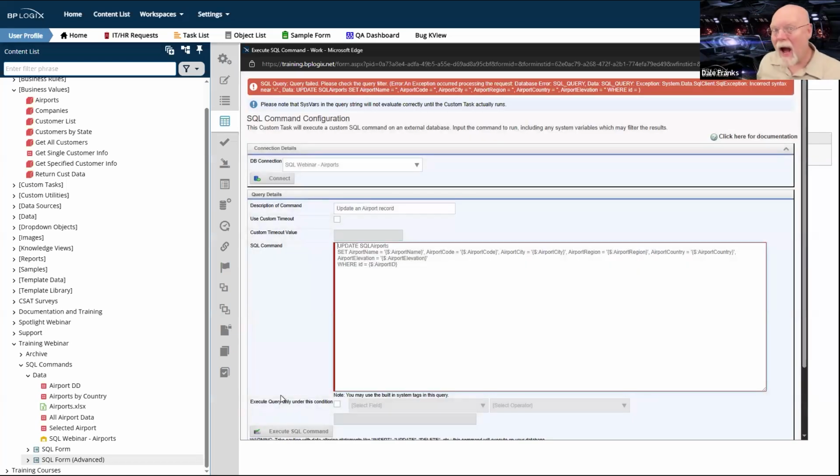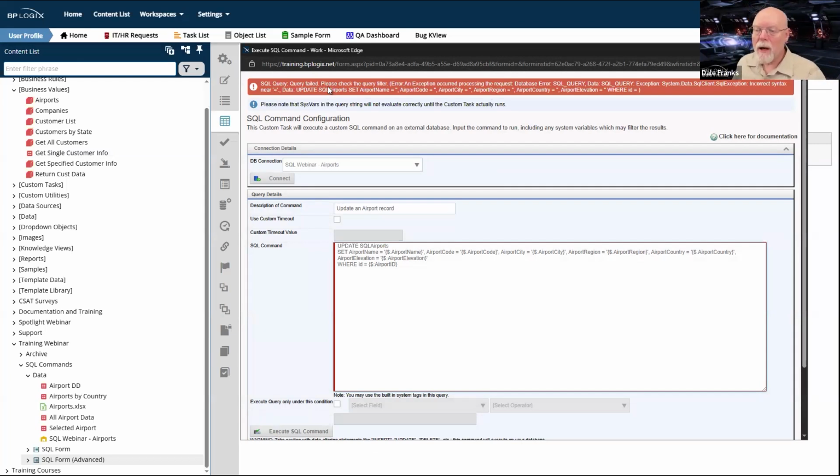As I said, I don't have any values here, so the database doesn't actually know what it is that I'm trying to do. And so when I run it, when I click it in this context, I get an error. I get SQL query failed. Now remember, this is not Process Director that is providing this error.